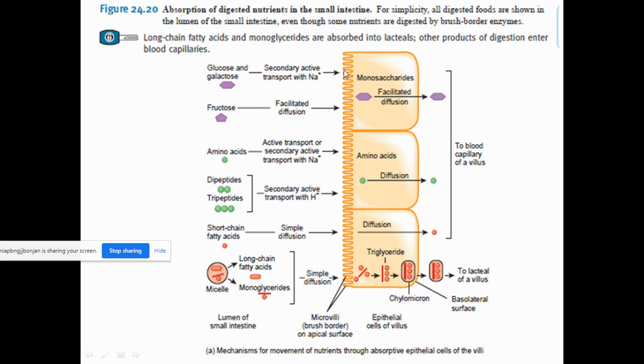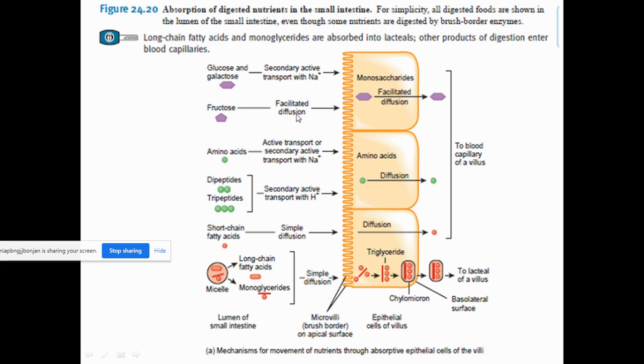The transporter contains three sites: one for the attachment of the glucose or galactose, and two for the attachment of sodium. So this is a process by which one molecule of glucose and two molecules of sodium are transported across the absorptive cell. This is a one way process, so it is called a symporter. One molecule of glucose or galactose combines with two molecules of sodium, and it is attached to a transporter which takes it to the other side. You can see this is how it takes place.